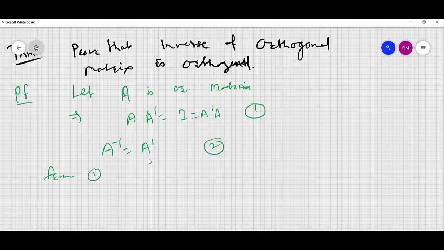Before that, we should have the goal clear: we have to show the inverse of an orthogonal matrix is orthogonal. Means we want A inverse into A inverse transpose to be equal to I. This we require. So from 1 and 2,